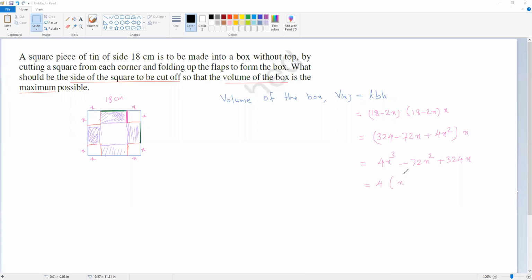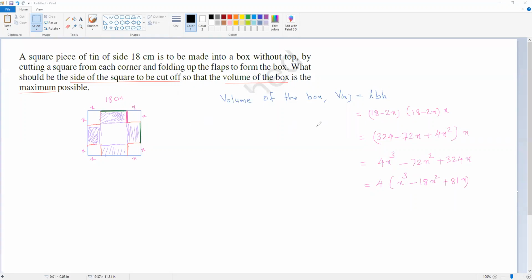4 into x cube minus 18x square. The 4x you can take common if you want. 4 common. So 4 into x cube minus 18x square plus 81x. So now